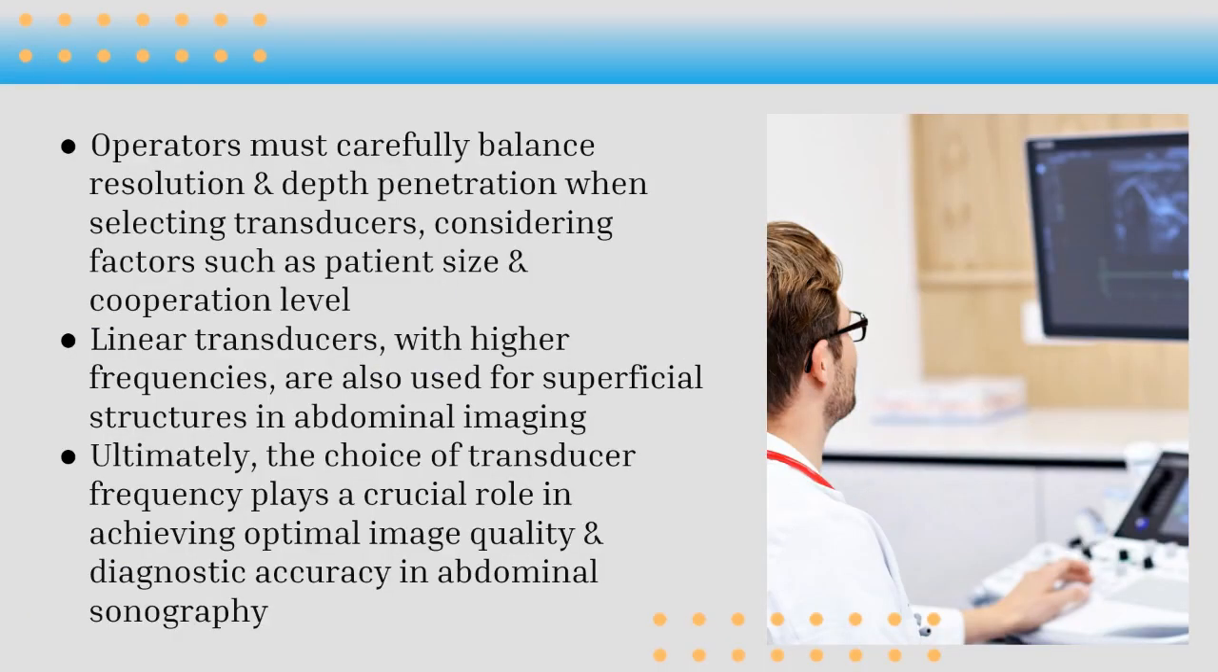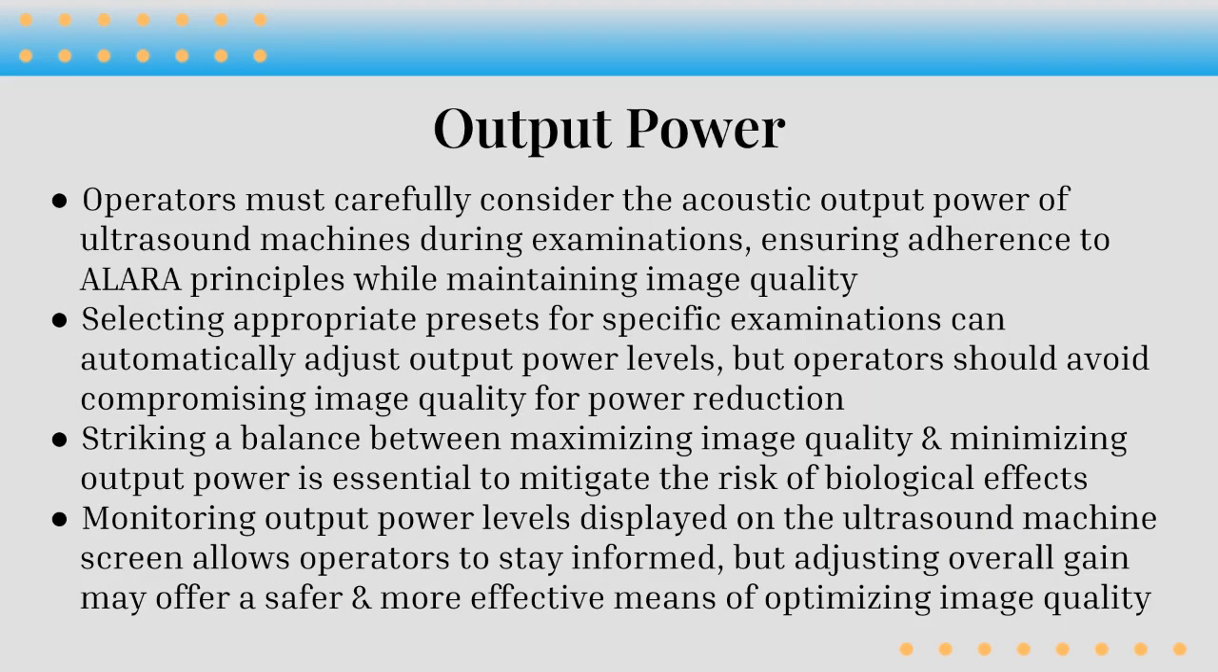Operators must carefully balance resolution and depth penetration when selecting transducers, considering factors such as patient size and cooperation level. Linear transducers with higher frequencies are also used for superficial structures in abdominal imaging. Ultimately, the choice of transducer frequency plays a crucial role in achieving optimal image quality and diagnostic accuracy in abdominal sonography. The output power. Operators must carefully consider the acoustic output power of ultrasound machines during examinations, ensuring adherence to